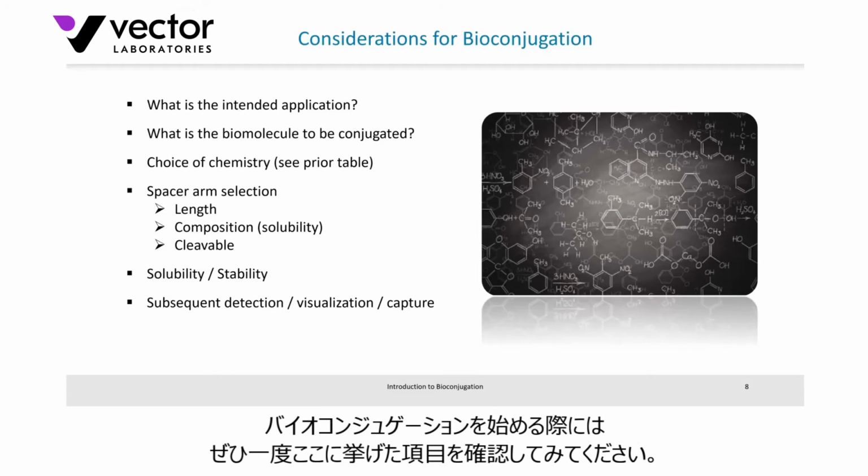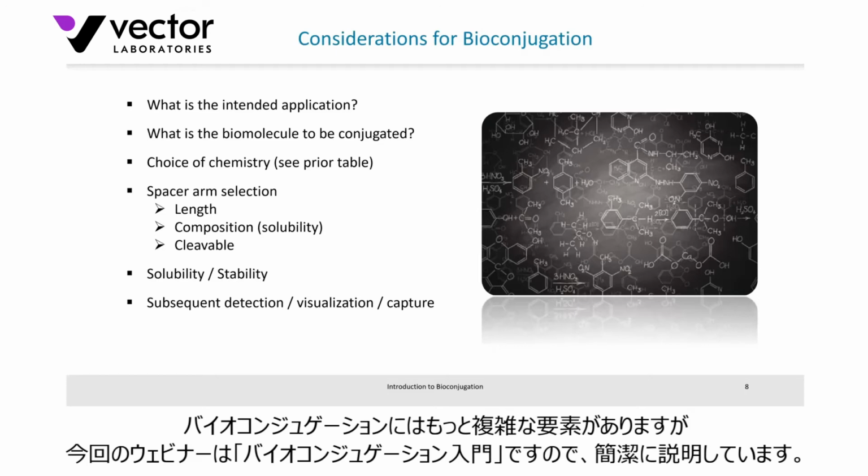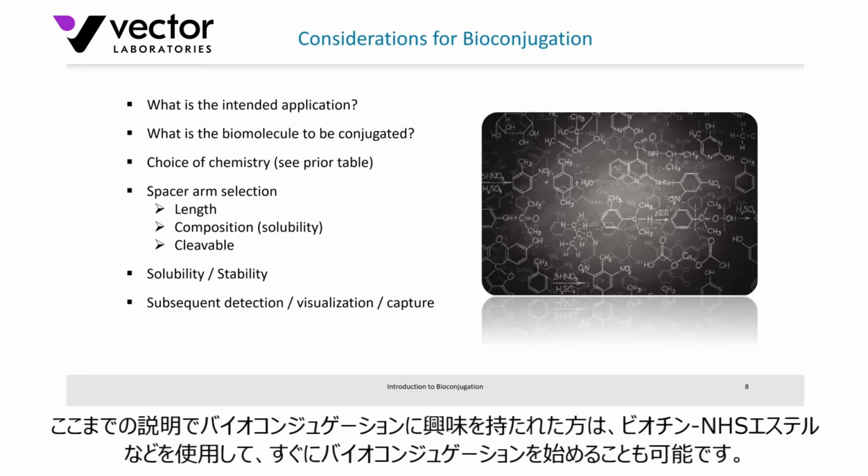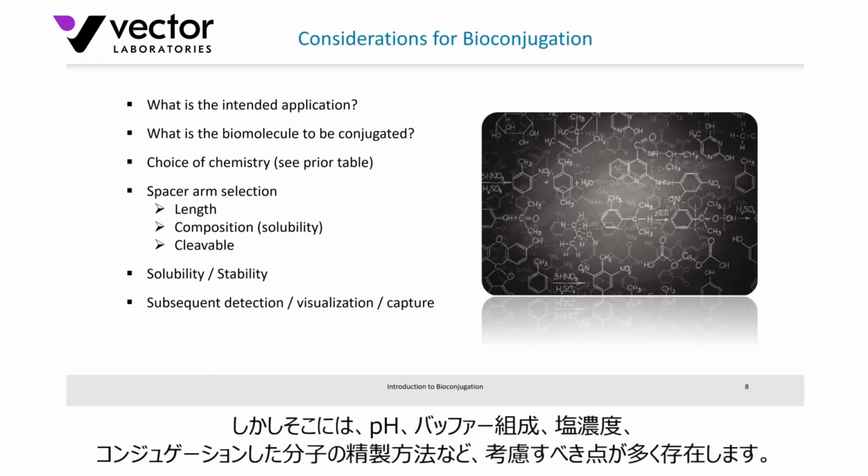So you can see this is, again, just an abbreviated list of considerations when you're starting to get into bioconjugation. It can get complicated quickly. And indeed, the title of this particular webinar is Introduction to Bioconjugation. And so you could certainly go off right now and we could wave you off and say good luck with using separate linkers like the biotin and NHS ester. But I think you'll find pretty quickly that there are a number of other considerations that you'd have to take under